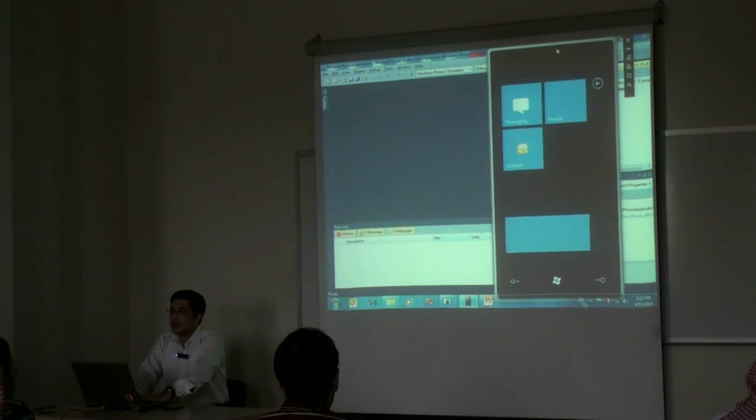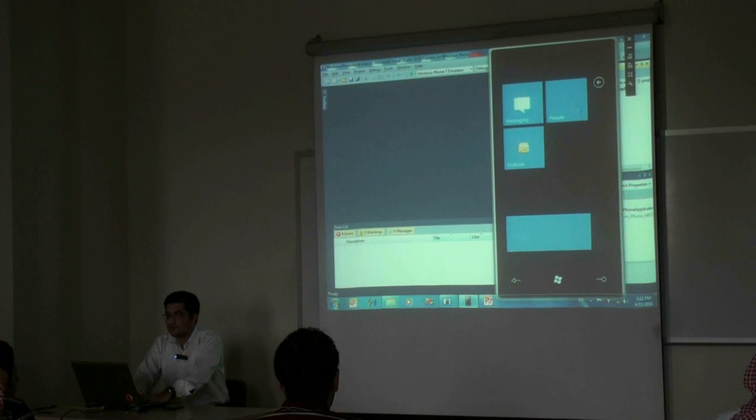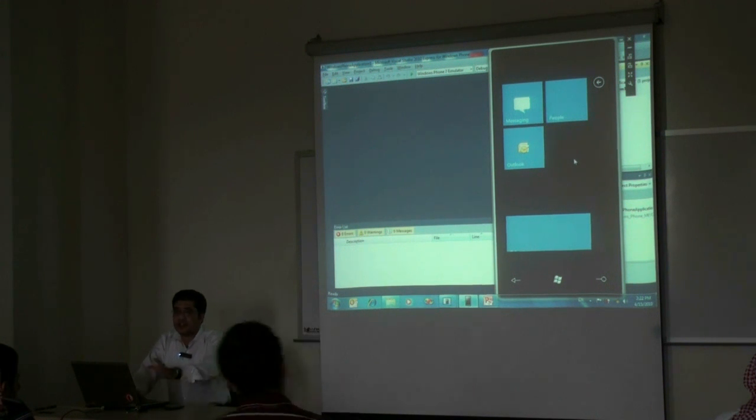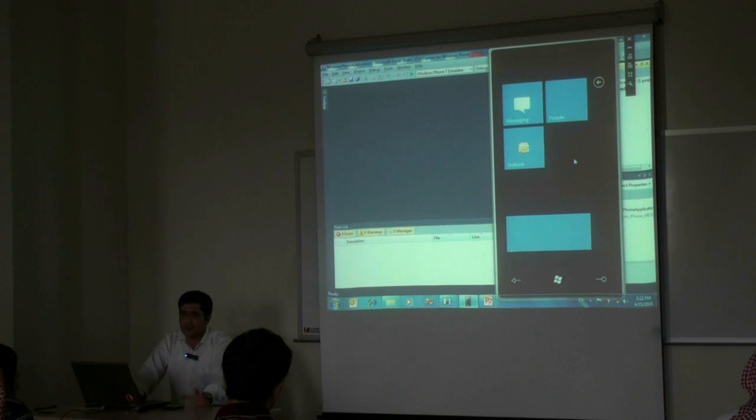Okay, so this is the emulator of the Windows Phone 7. Unfortunately, the emulator doesn't fully work, so it's not integrated with Facebook, it's not integrated with any social networking. These are what's called the live tiles. These get updates from online social networking, so you can see your friends'